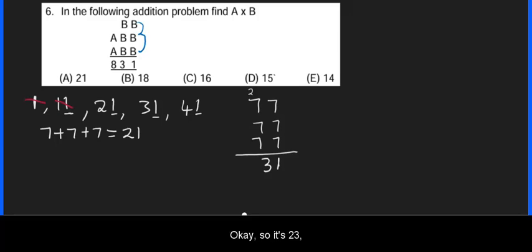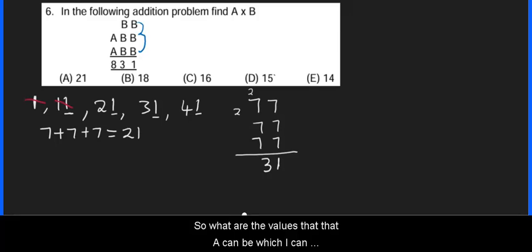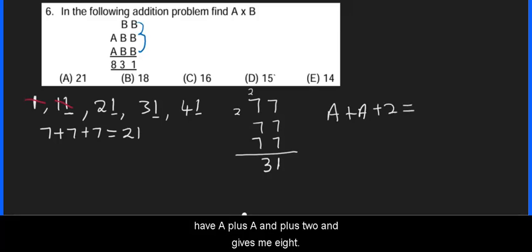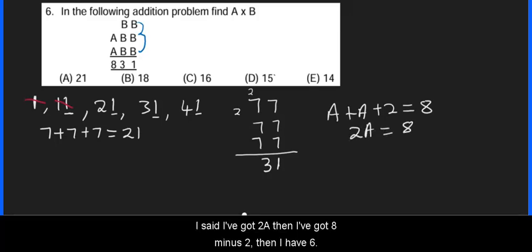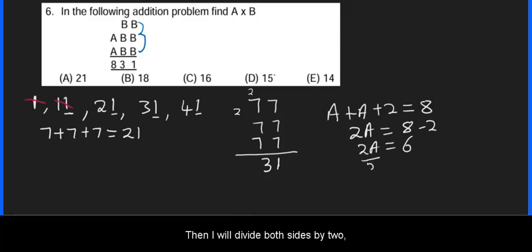Okay, so it's 23. Then I carry 2. That's good so far. So what are the values that A can be, which I can have A plus A plus 2 and gives me 8. Okay, and I just need to solve for A. Then I can simplify this. I've got 2A, then I've got 8 minus 2, then I have 6, then I will divide both sides by 2,